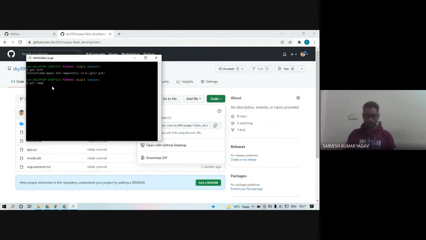Here write down the command git remote add origin. Remote means our server and local means our local system. So give a space, and within quotes just paste the URL, whatever you copied.